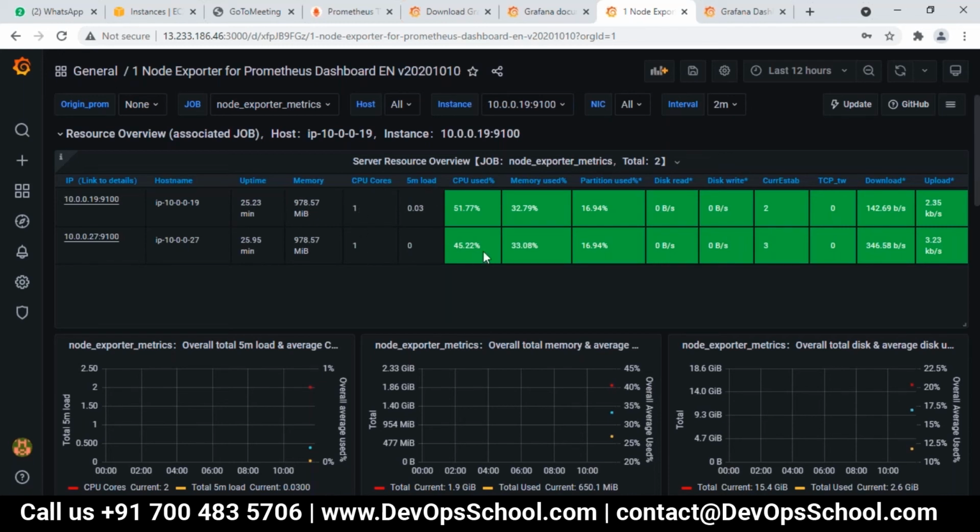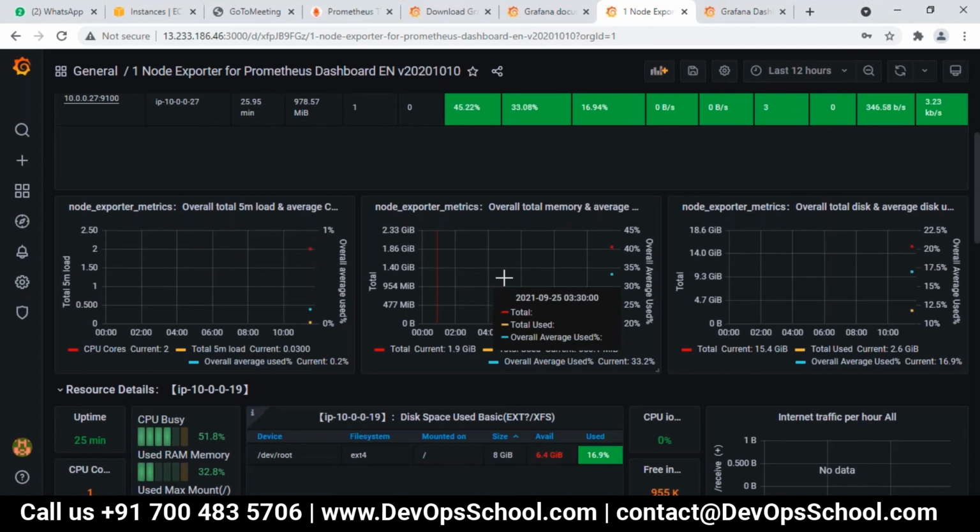One. Load, last 5 minute load. Then CPU use percentage, memory use percentage, partition use percentage, disk read, disk write, TCP, downloads, uploads. So it covers the basic things.